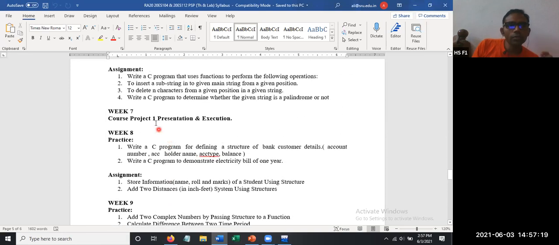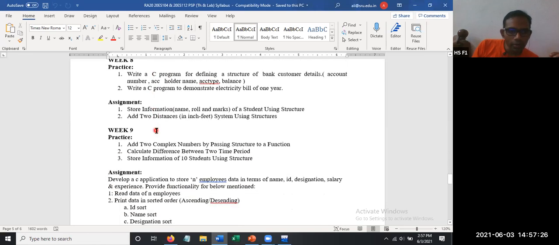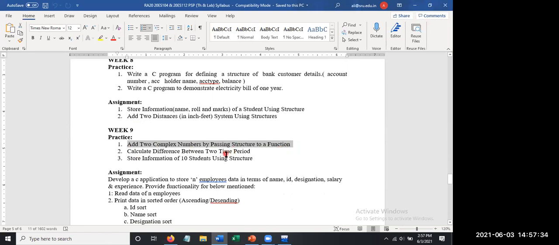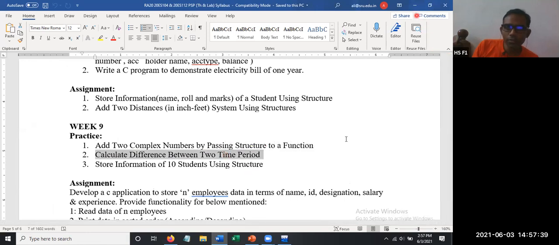Here are the structure programs. We have seen yesterday, have you completed this complex number program? Is this over?